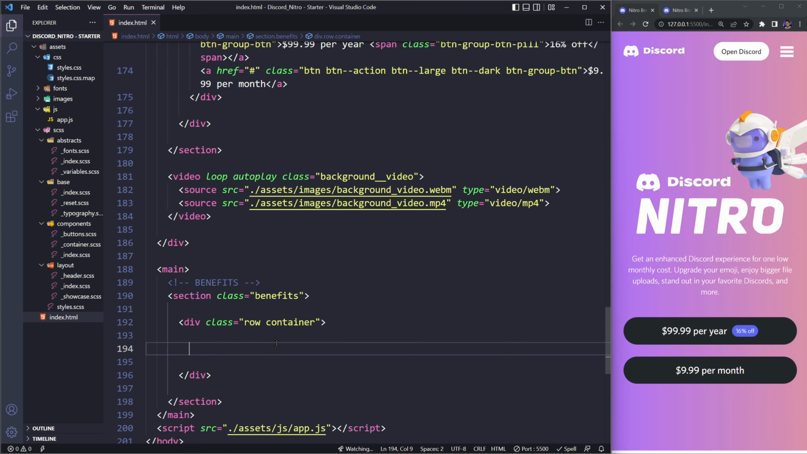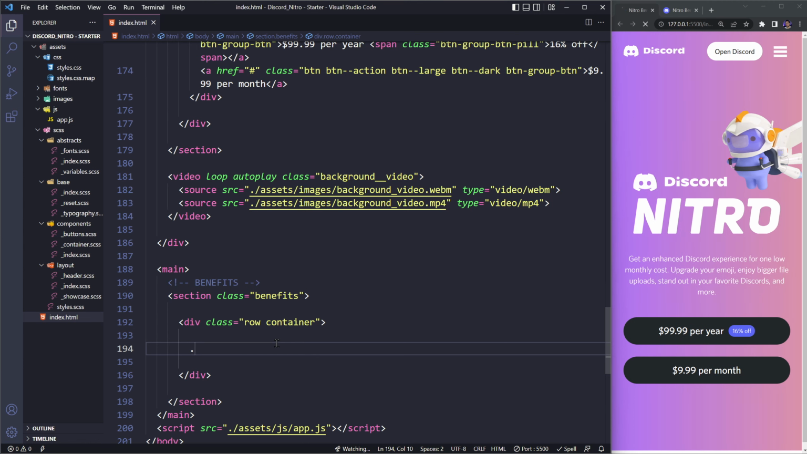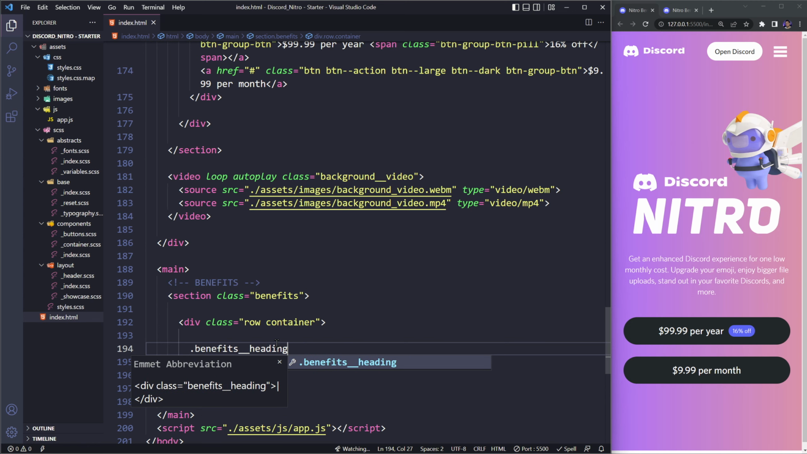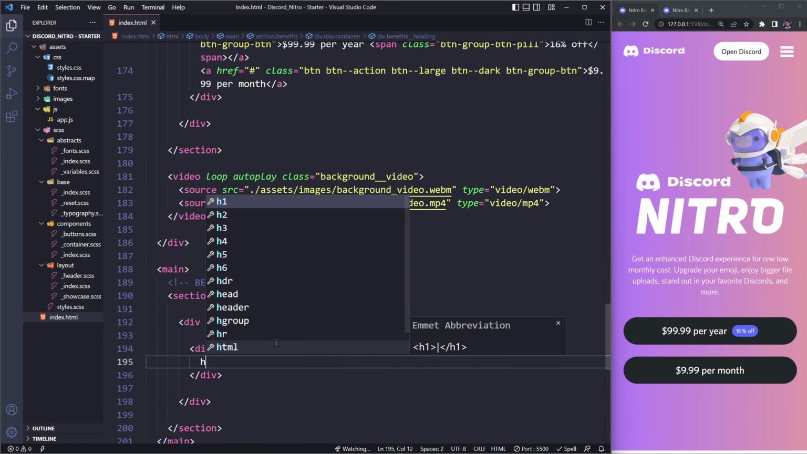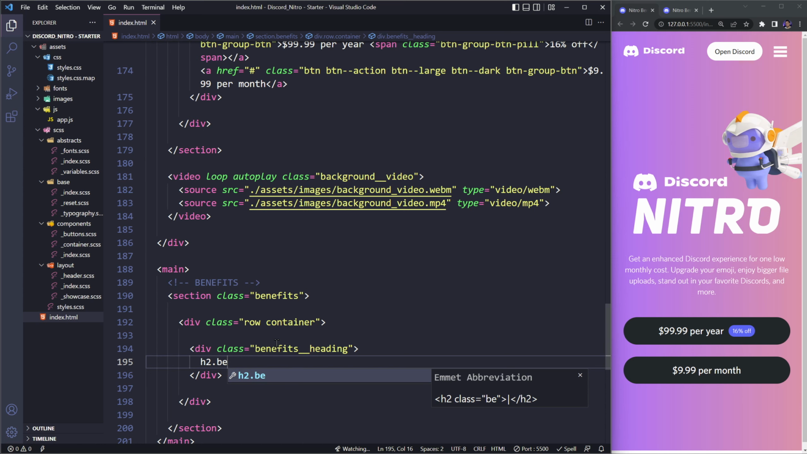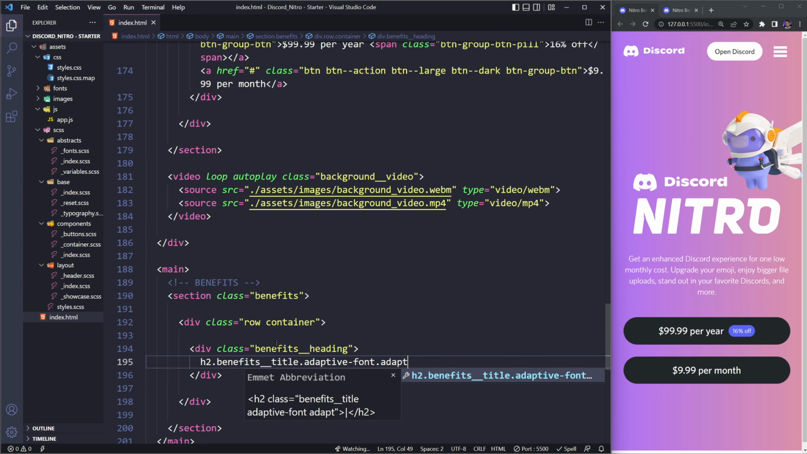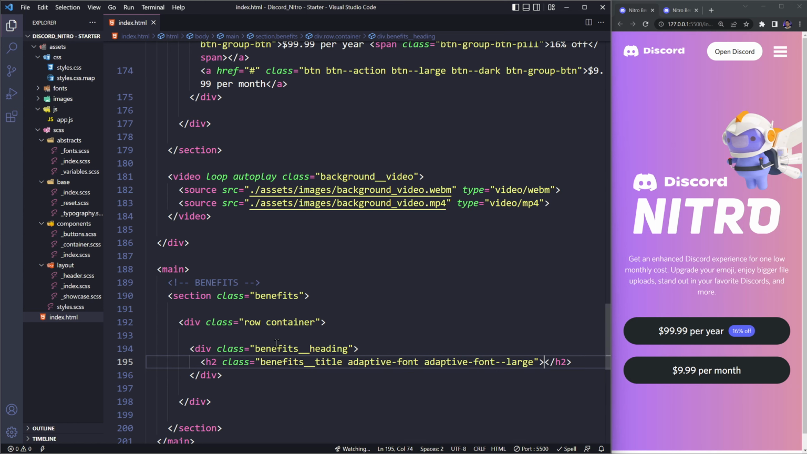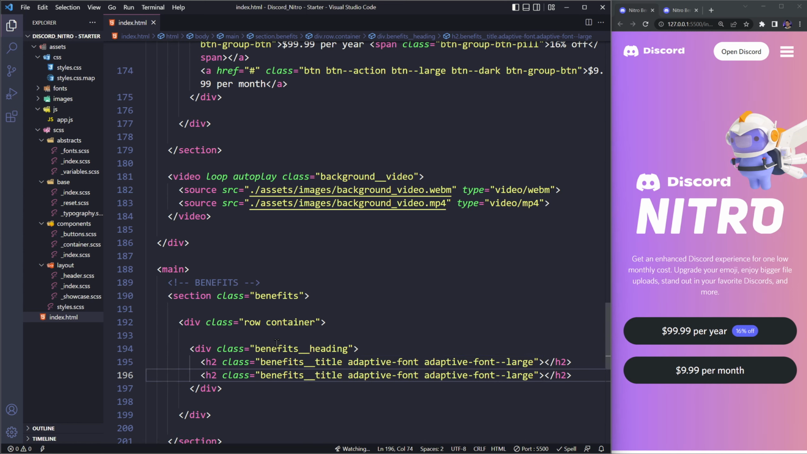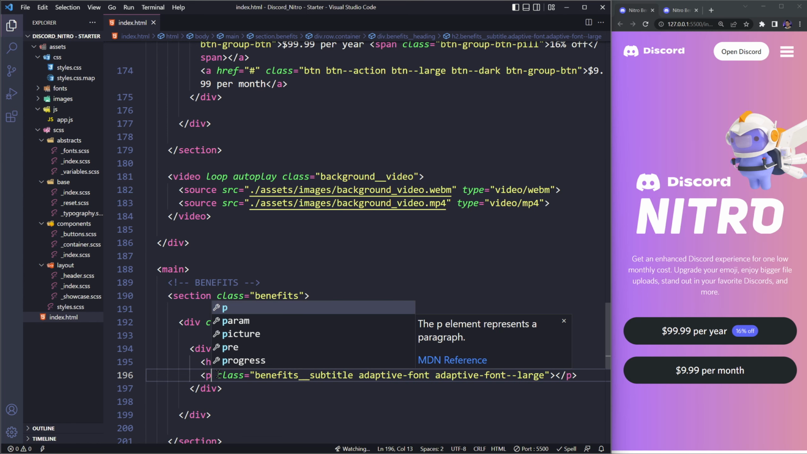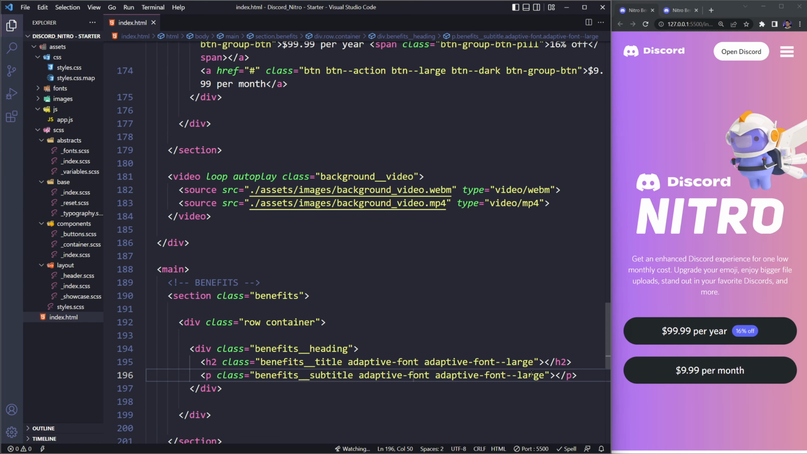And yeah, so what we're going to do here is now have a div. This div is going to have a class of benefits heading. Then in here, we are going to have an H2. The H2 is going to have the class of benefits title, a class of adaptive font, and adaptive font large, just like so. And then I'm going to duplicate this down below, and I'm going to change this to subtitle, make it a p tag, and this one is going to actually be medium,